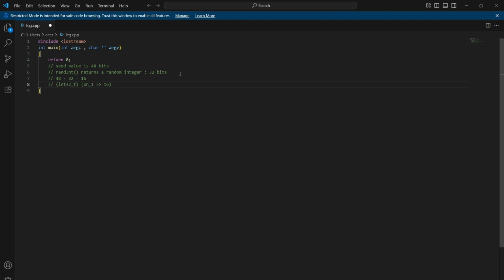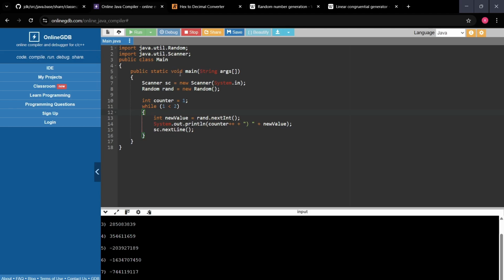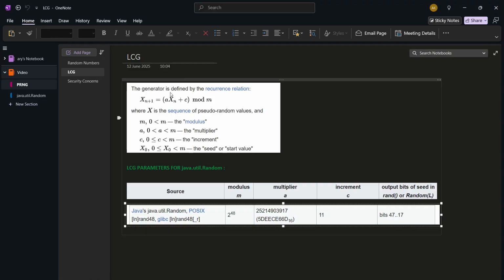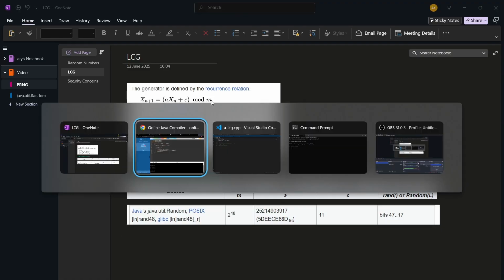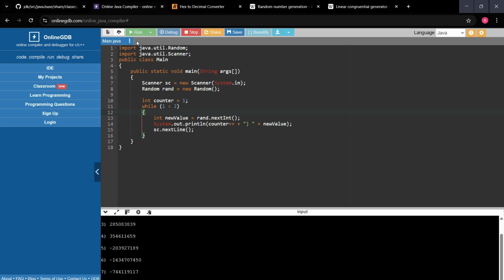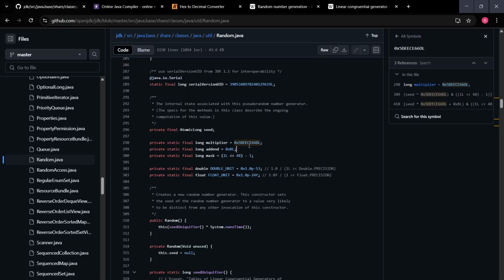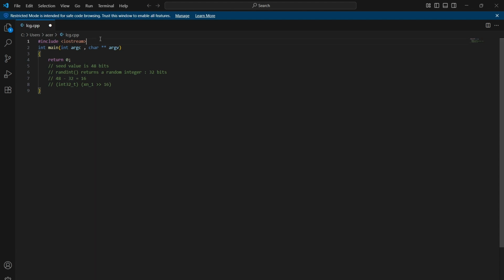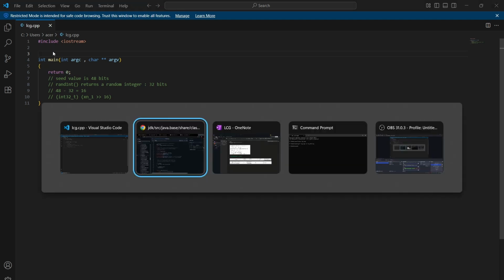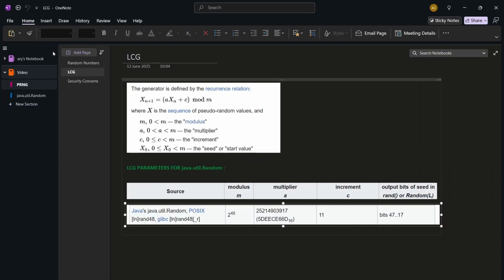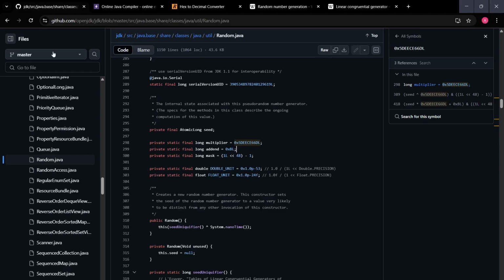So with this in mind, we can understand and start implementing the code. First we need to define the constants over here. We have three constants, a, c, and m, and if we go to OpenJDK, which should be over here, we can get the value of them. So I can just define them outside, as constants. The values of a, c, and m are constant, and we can get the values of these three from OpenJDK's